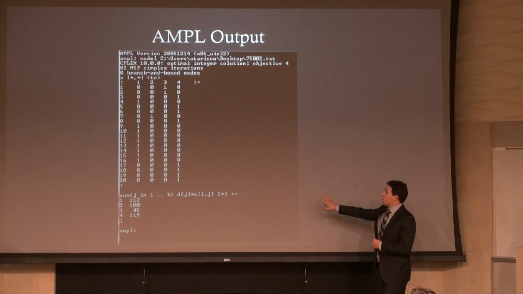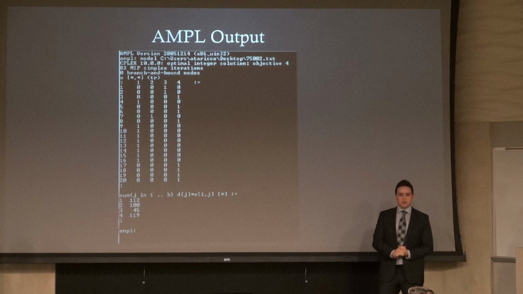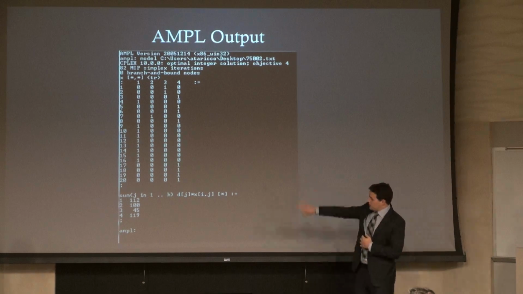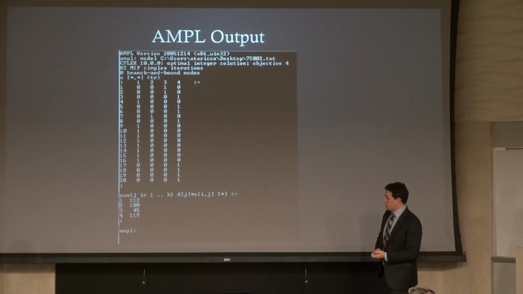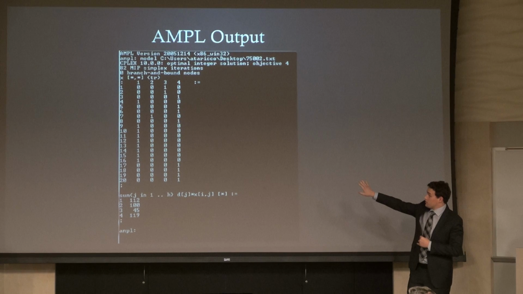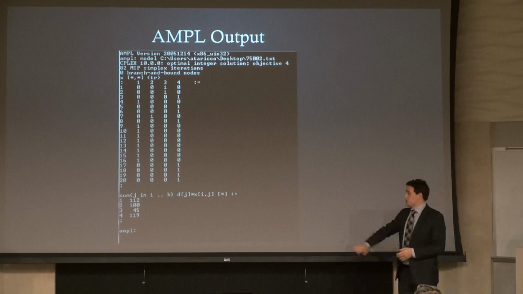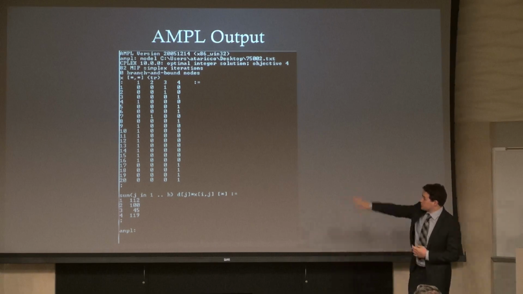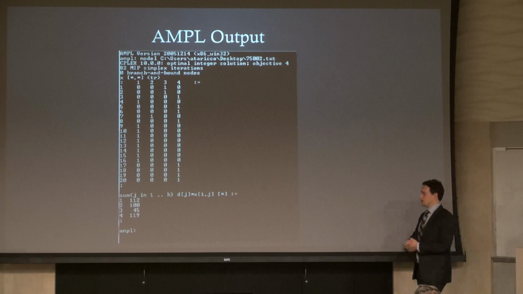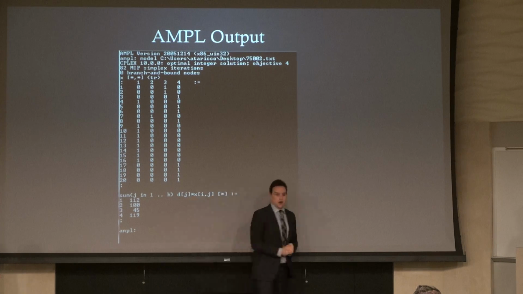Here's a rough example of one of our AMPL outputs, I think for one of the area codes of Frisco. On the left are the address numbers 1 through 20. That's how many addresses were in this zip. Across the top you see 1, 2, 3, 4. Those are the trucks. In the matrix, everywhere there's a 1, if you look at the very top of that column, that means that truck is going to that address. If there's a 0 under trucks 1 through 4, that means that truck is not going to the address. On the bottom is the capacity that's going to be in each truck.